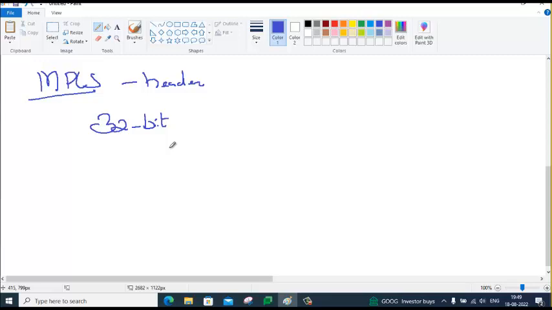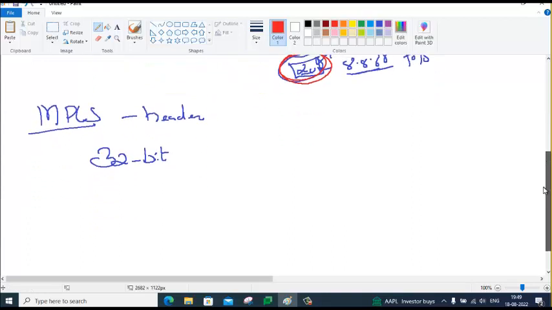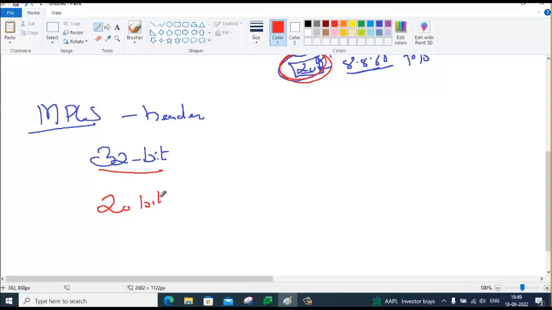Now, because of MPLS, you simply decide the route by looking at this simple label. So you need not read that layer 3 header now. All that you need to know is the label. MPLS uses only 32 bits, in which the first 20 bits are for the label.